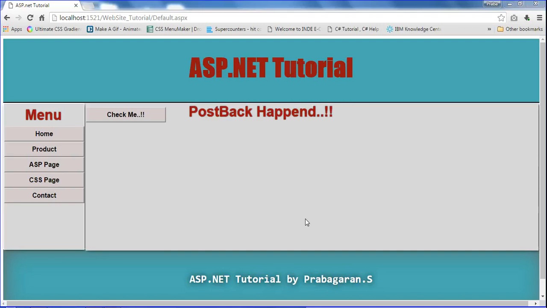I will explain it step by step. It's a very simple concept, but by using this simple concept we can create bigger things, such as a content management system, and control things like that. It's an important concept for every beginner and also for developers. So I am telling about this concept.